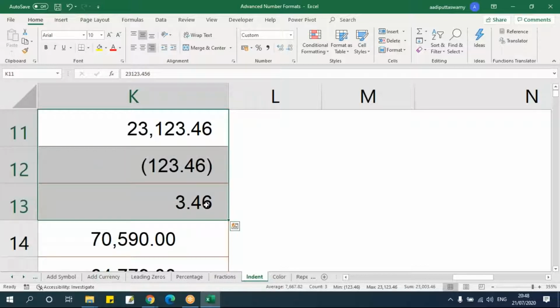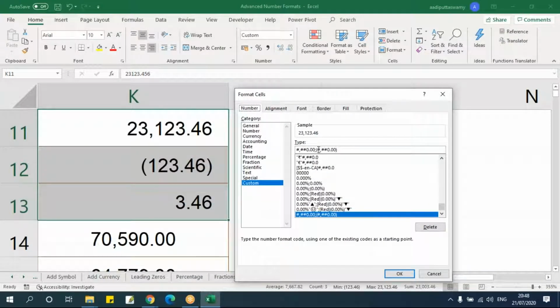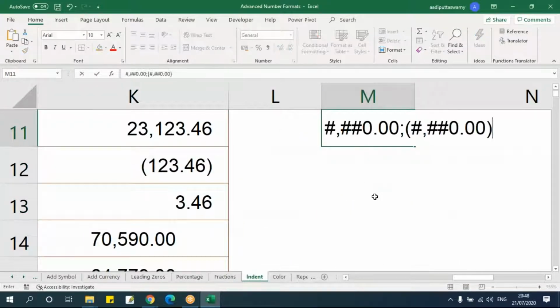Now if you want to do something like this, one way is that question mark we put, that is for the positive value, and that will take care of it, but it will not take the indentation. It will not move this decimal to align to this. When I have equal values, then I can put that question mark and align the decimals. But if you want to do something like this, then I have to give some indentation. So what is that indentation? See here, I put one bracket for the negative number. Let me take this and put it here. See, this is the positive side and this is the negative side. You can see there is one bracket here. This bracket is trying to move my values towards the right-hand side, where it is not aligning.